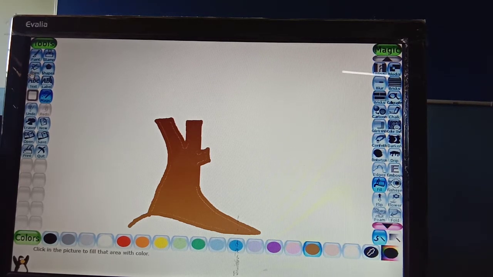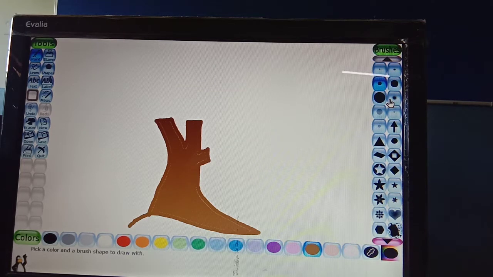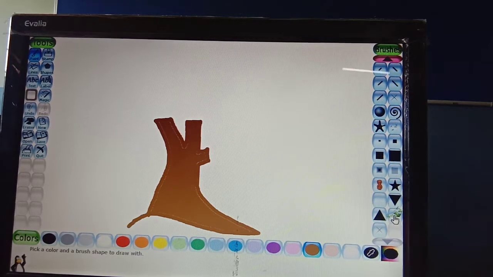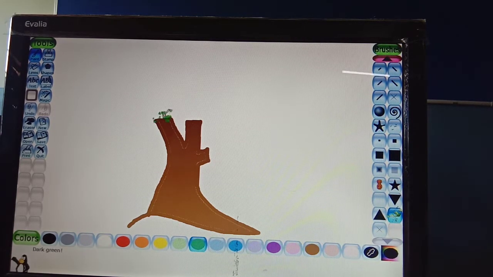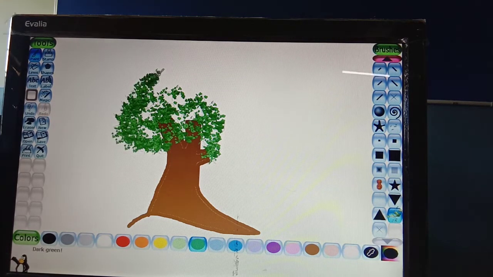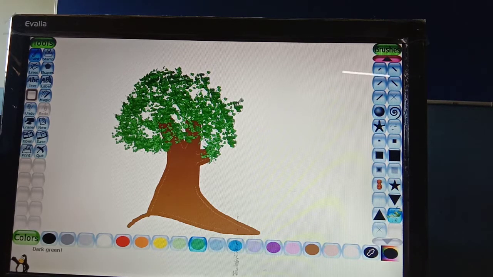The color is filled now. Again go to the paint tool, and there is a very magical thing there. This is your leaves, the brush that is in the shape of leaves, and you can choose the color of the leaf. You should choose the color of the leaves. So you can have colors like this, and draw your tree like this.